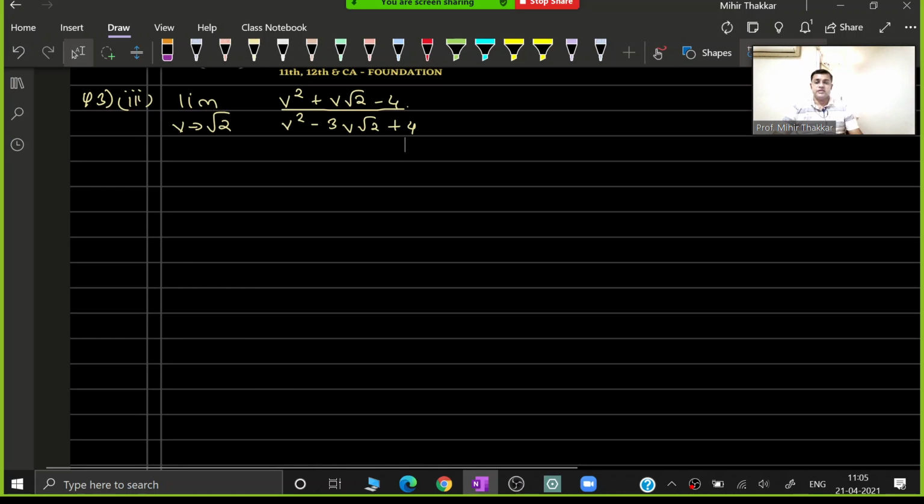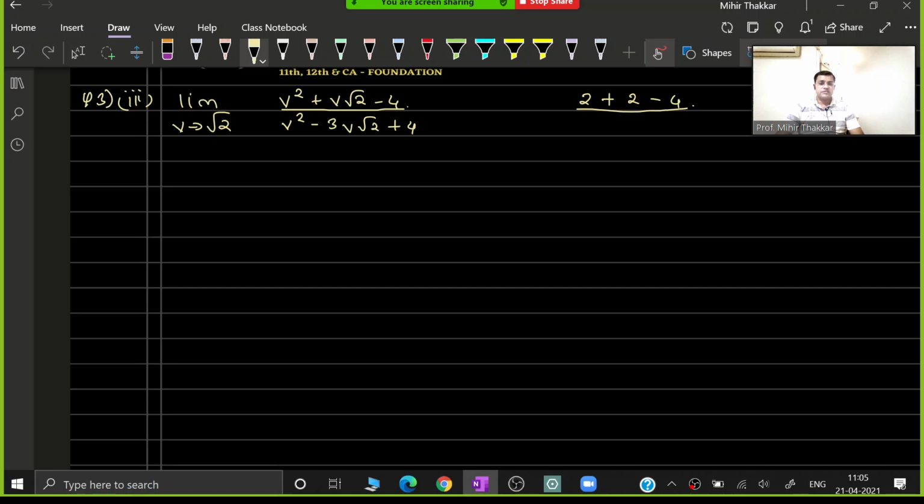So again, a similar question, with a quadratic equation in the numerator as well as in the denominator. If I substitute the value of the variable directly in its respective position, root 2 square in the first place in the numerator is going to be equal to 2, plus the second is v root 2. Again root 2 into root 2 is nothing but root 2 square, which is also 2, minus 4.